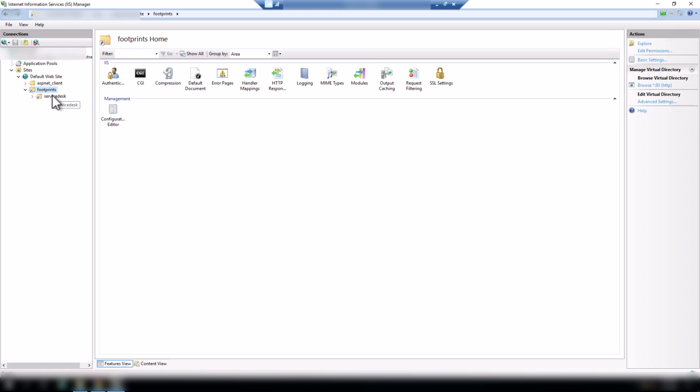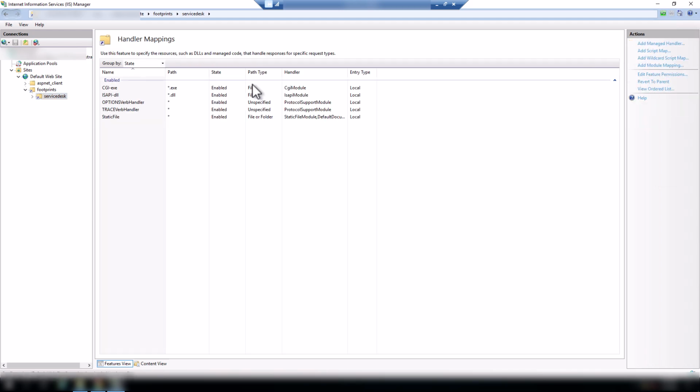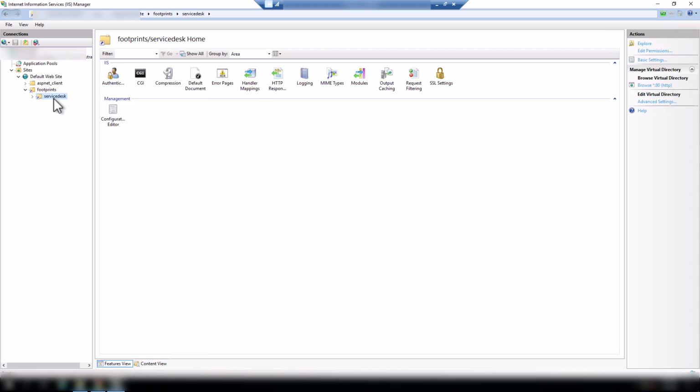Once this is done, then come to service desk and click on handler mappings. You need to click on edit feature settings again and give permissions to these DLLs. Once this is done, then close that pop-up and go back to service desk again and click on default document